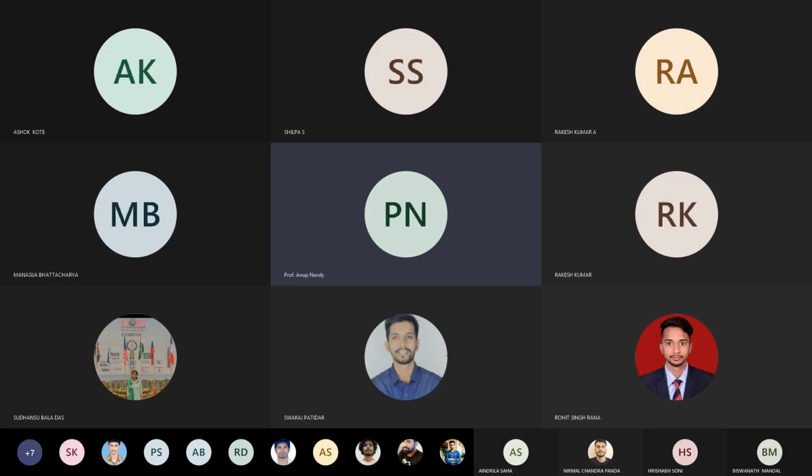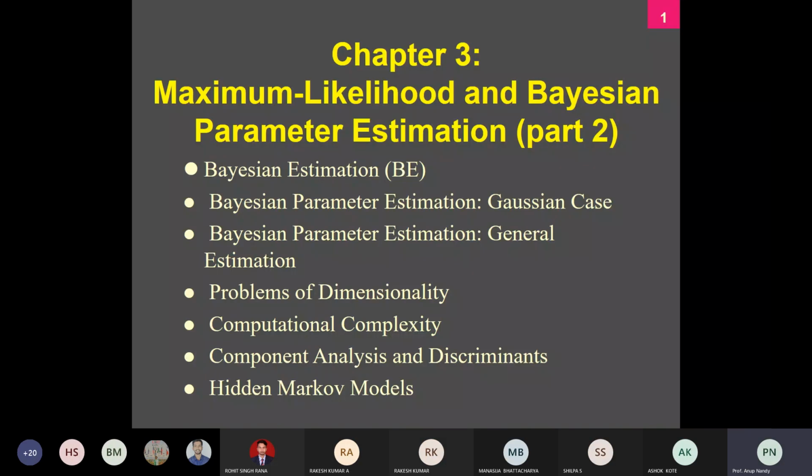One is called the maximum likelihood estimation, which we have already discussed in the previous class. And today we are going to discuss the Bayesian parameter estimation. Although these two approaches are more or less the same, people still go with the maximum likelihood estimation, due to its mathematical practicability, and because it is very simple to derive, and you can easily get the analytical form of this thing.